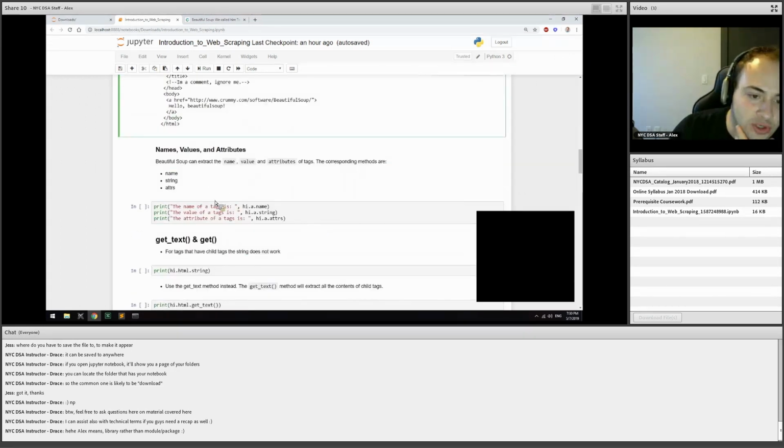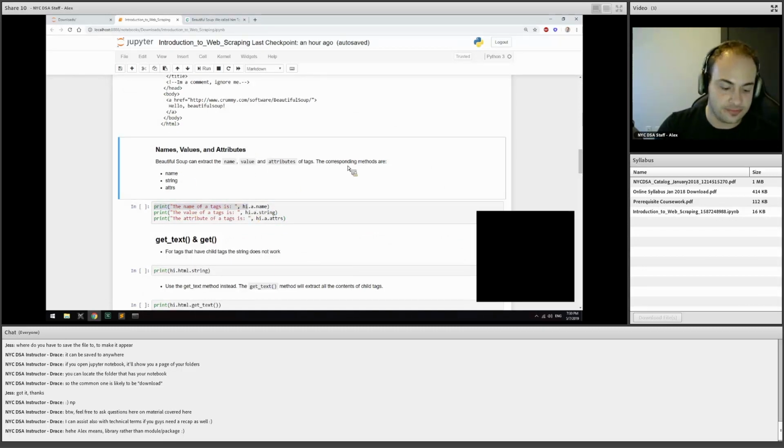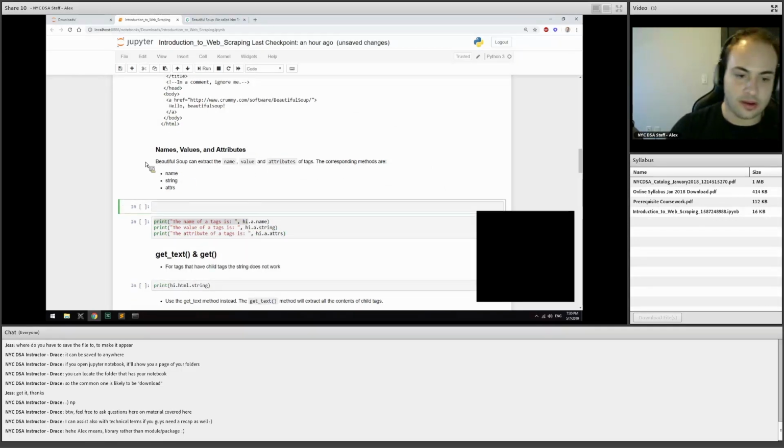In order to extract these different things that belong to this Beautiful Soup object, we have these different methods called name, string, and attrs. As you can imagine, name gives us the name, string gives us the value, and attrs will give us the attributes. So if we look at the object,